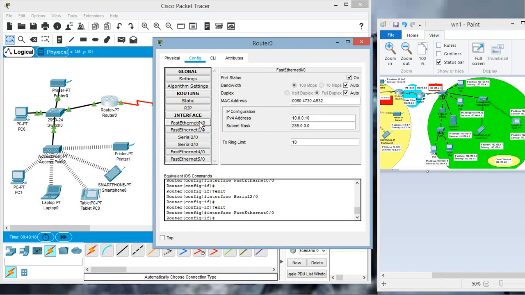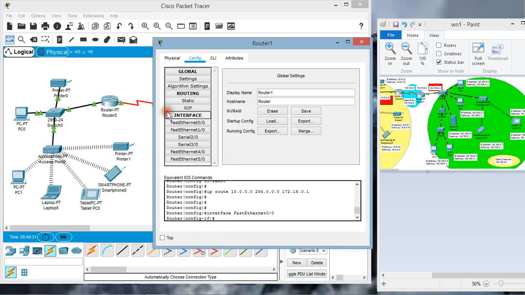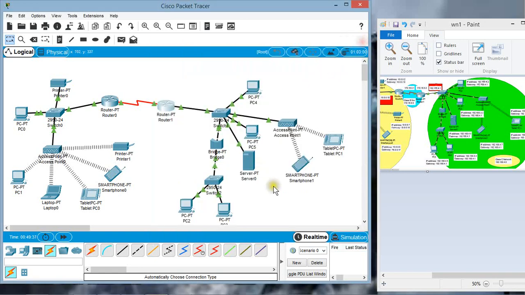It is 10.0.0.1. It is correct. The serial interface IP address is 172.16.0.1. It is correct. Similarly, on this router, the serial interface IP address should be 172.16.0.2. It is correct.